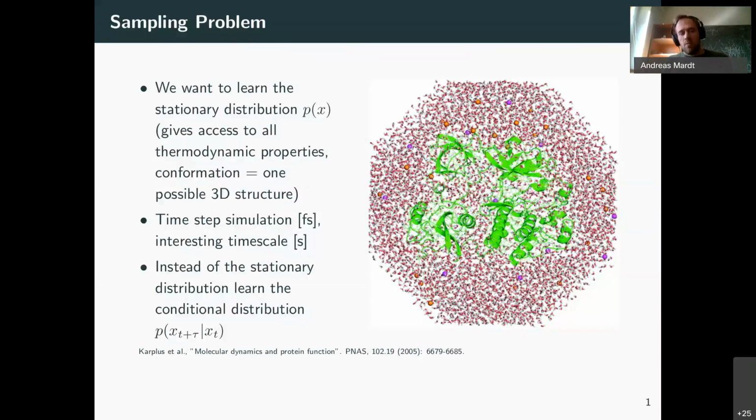which gives you access to a lot of thermodynamic properties. And with that, you can basically say which are the metastable states, and you can also study how fast the interchange between these metastable states is. Okay, now here comes the problem. You could think, okay, let's just make a very long simulation, and then I'm done and I can study the whole system. The problem is, if we do these simulations,